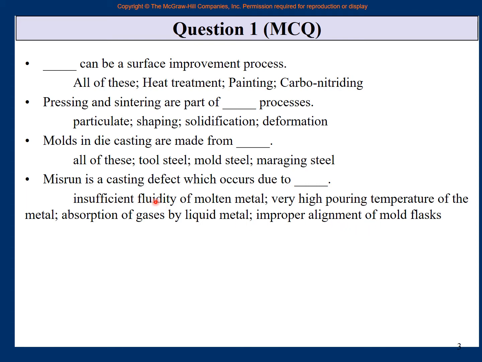But insufficient fluidity of molten metal. Molten metal does not have a good viscosity, lower viscosity. If the viscosity is high, it cannot flow very easily. So there should be a low level of viscosity which is required, and that can of course be had because of viscosity of the metal, because of pouring temperature and all of those. But the reason is that the metal was not flowing very easily. So when the fluidity of the metal is insufficient, then the defect is called a misrun.